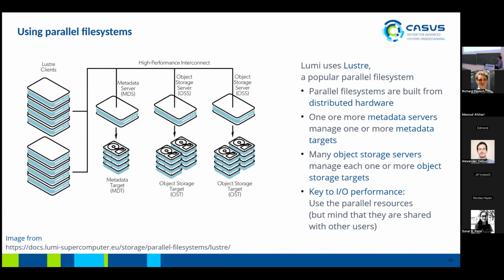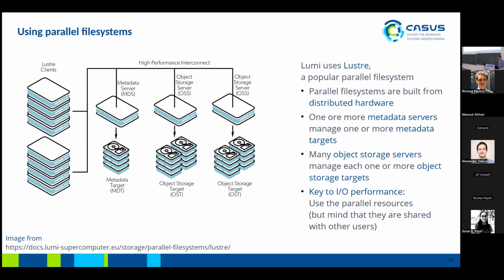With some information on parallel file systems. So this is taken from the Lumi documentation. Lumi has a Lustre file system. This is not the only parallel file system, but a very widespread one. And just for giving you an idea of what a parallel file system is, and not just a black box that you write your data to,